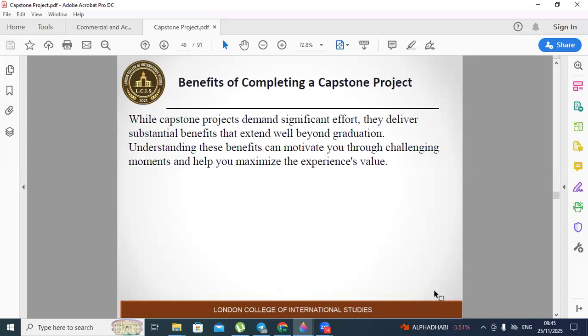Benefits of completing a capstone. Introduction. While capstone projects demand significant effort, they deliver substantial benefits that extend well beyond graduation. Understanding these benefits can carry you through challenging moments and help you maximize the value of the experience. Let's examine the key benefits